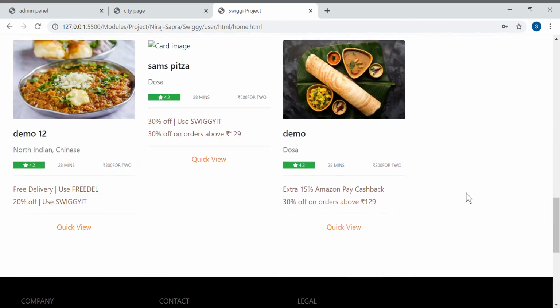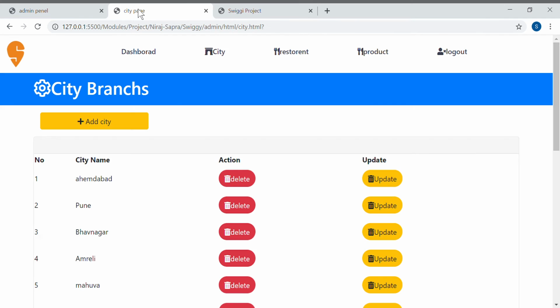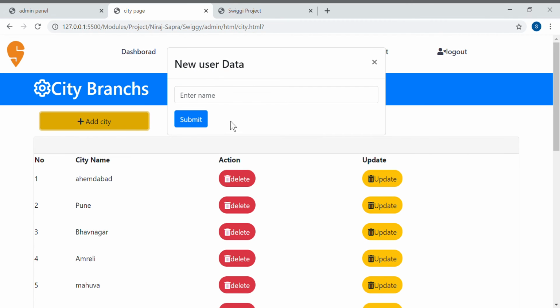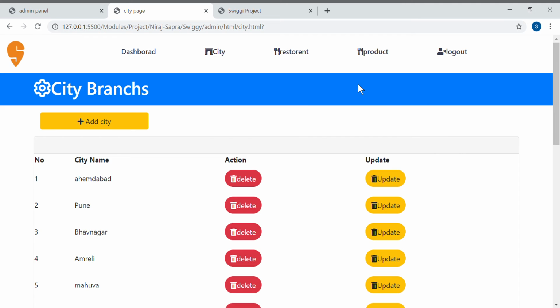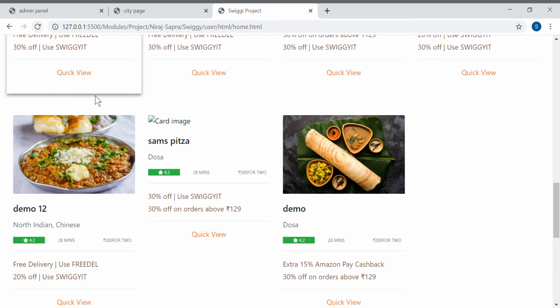And here we can add the footer, and also we can add a city, like Ahmedabad, right? So we can add a new city like New Bombay, New Mumbai, right? So the data is successfully shown here, and we only need to refresh here.